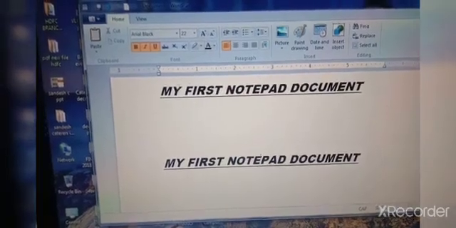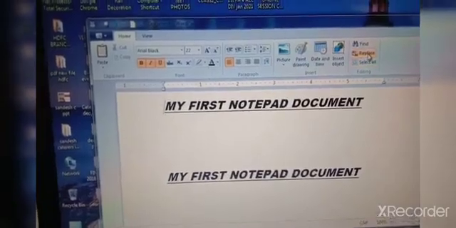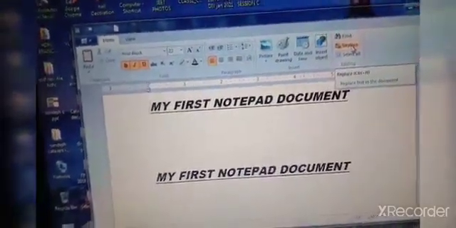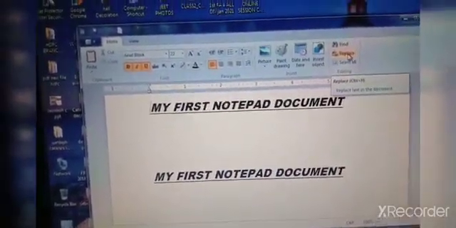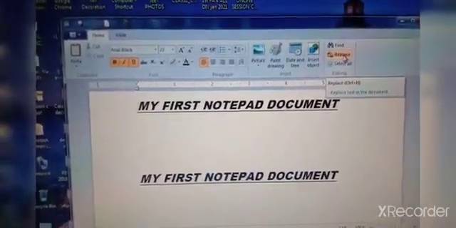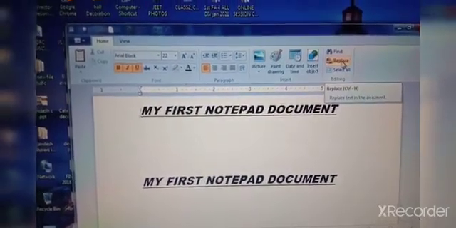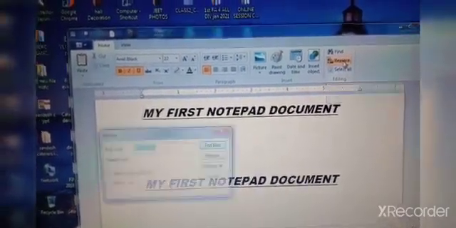To change this I will use the replace command. Click on this. The shortcut key for replace is Control plus H.